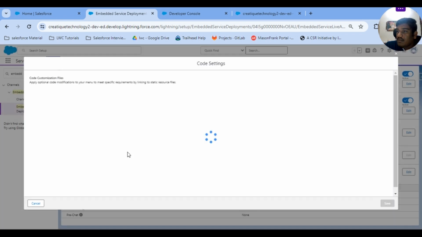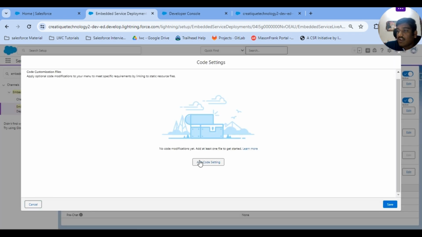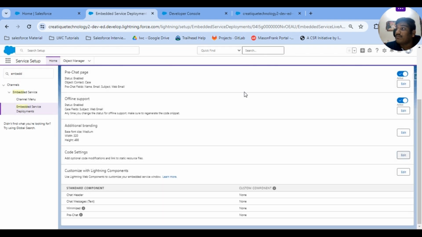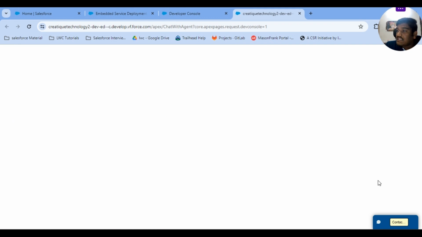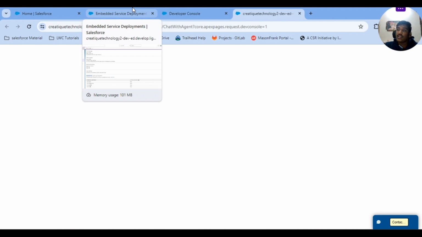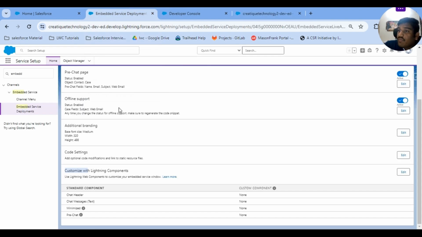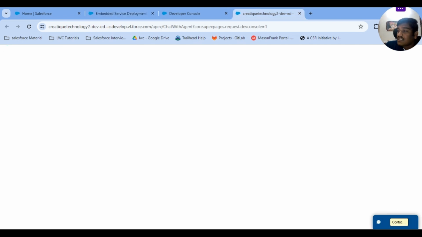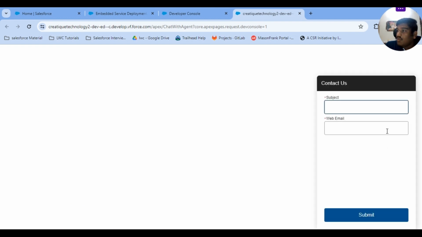Just click on the edit button, and we can also add code settings as well if we want to use some static resource, or we can also use LWC if you want to use this chatbot created by the LWC component. And before that, we have enabled some pre-chat pages, that is name, email, and subject. So we will check. Just click on the contact, and now